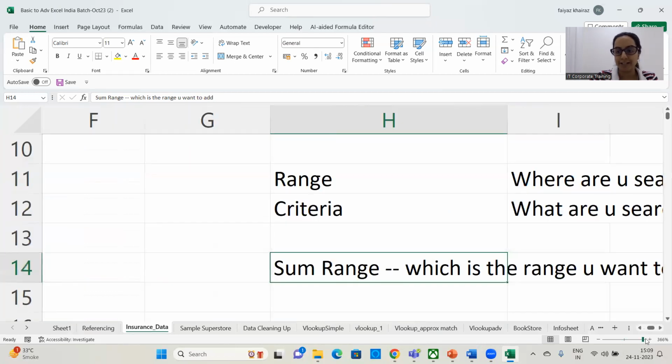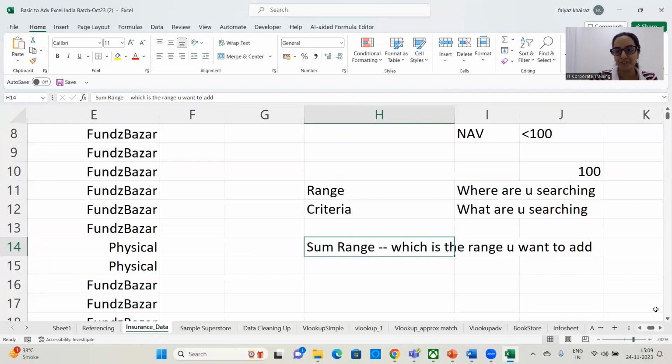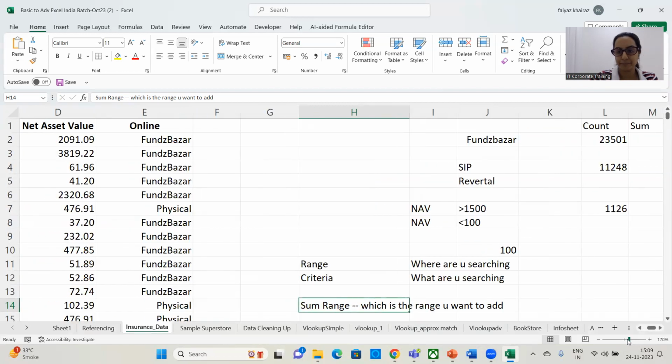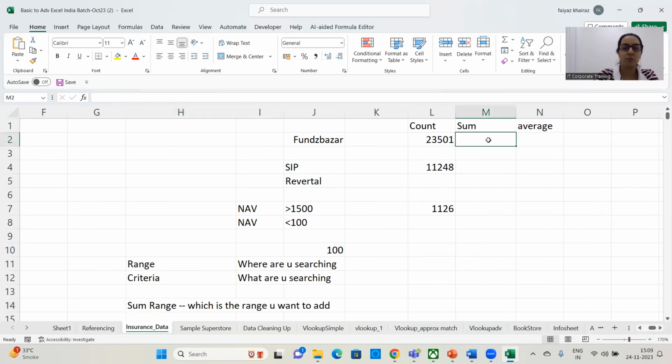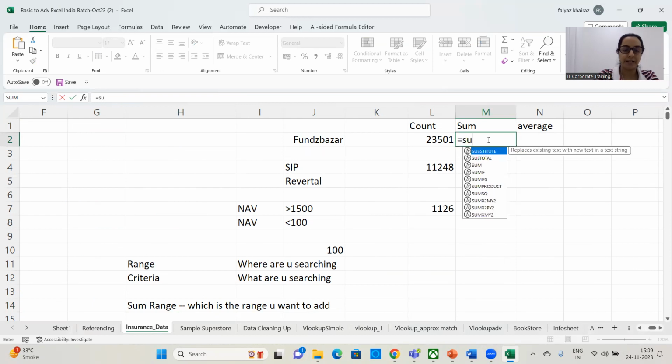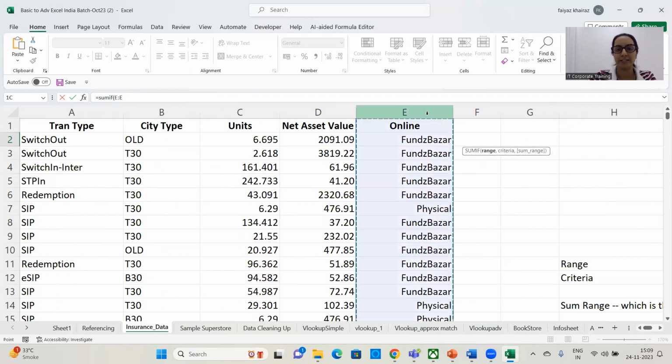So let us do it together once. So this is my cell where I'm going to do a SUMIF. Begin with an equal to sign, write the function SUMIF and open the bracket. Range stands for where you are searching. So I'm going to search in this column for funds bazaar, comma. Criteria stands for what you are searching for. I'm searching for funds bazaar,